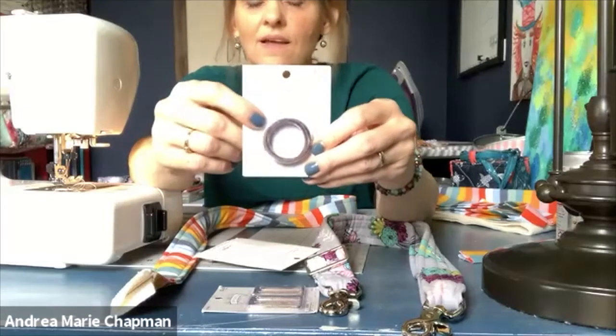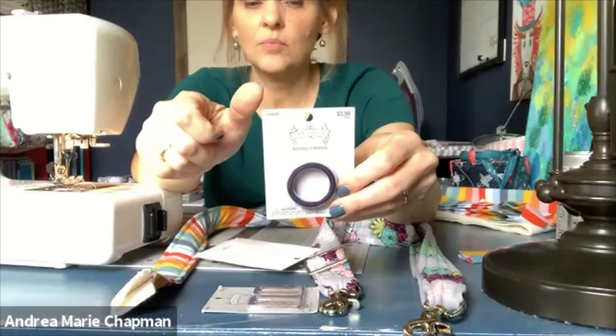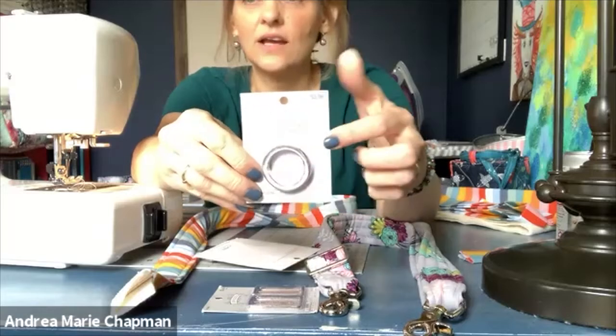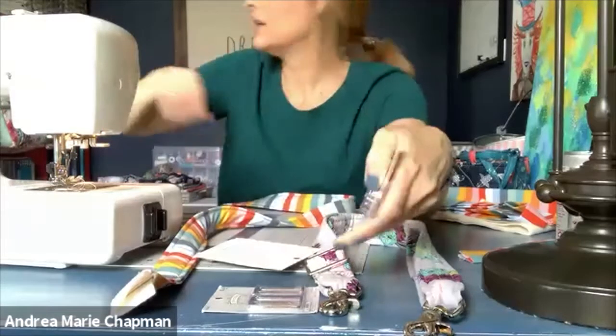But the thing about D-rings is they have the tendency to twist on the bag, and then you're going to have your D-rings sideways, and that doesn't look very nice. So if you go with O-rings, your bag hardware will never look like it's twisted. The one exception to that is